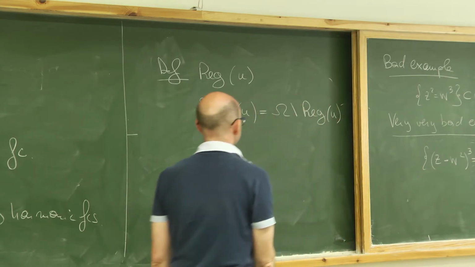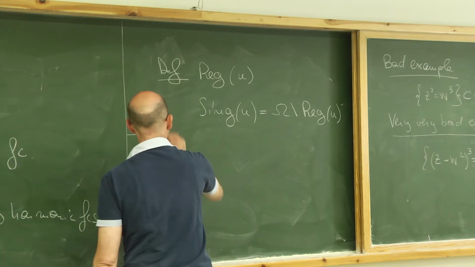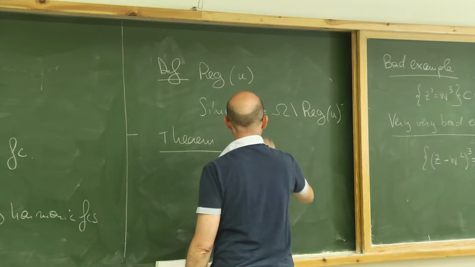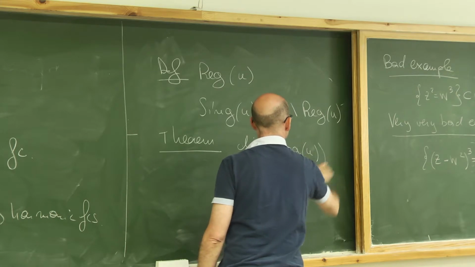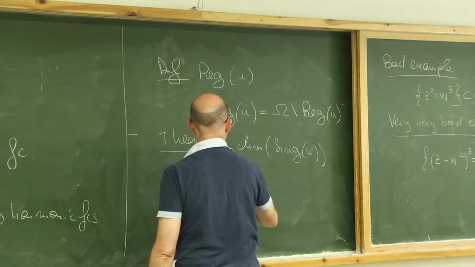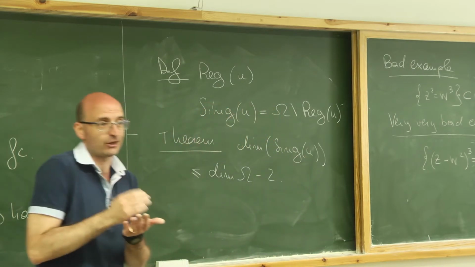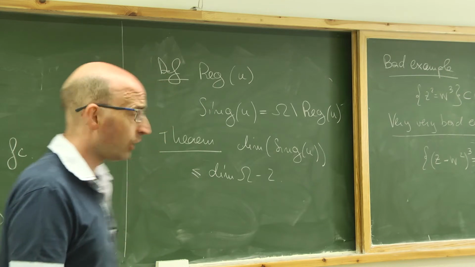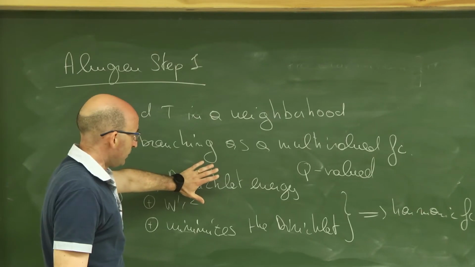And Almgren's theorem tells you the dimension of the singular set is at most the dimension of the domain minus 2. So you kind of have the direct analog of what you're trying to prove in the case of area minimizing currents. OK, so all of this he did in a rather complicated fashion, and we have a paper in which